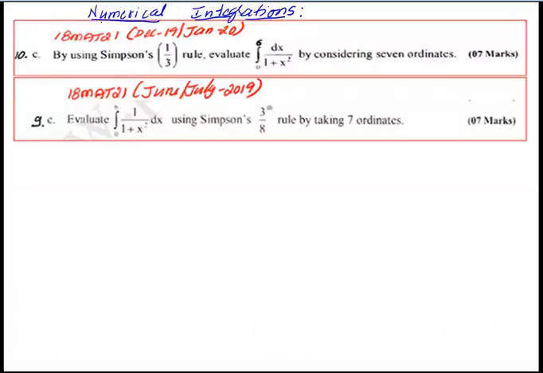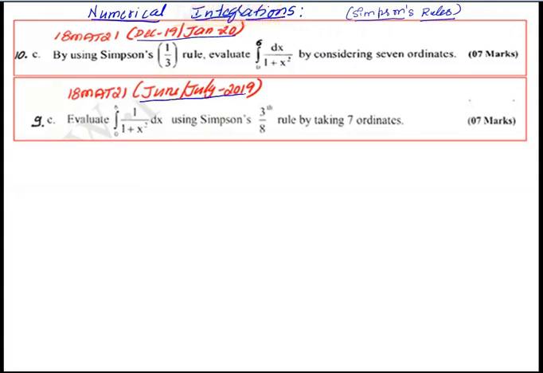Hello everyone. In this video, I am going to explain the problems on numerical integration, especially Simpson's rules, that is Simpson's 1 by 3rd rule and Simpson's 3 by 8th rule. So this is the problem from 18 Mat 21, December 2019, January 2020 question paper, and the same question